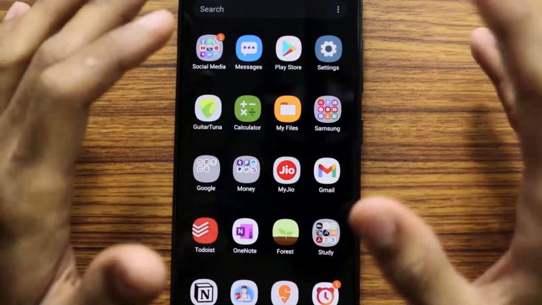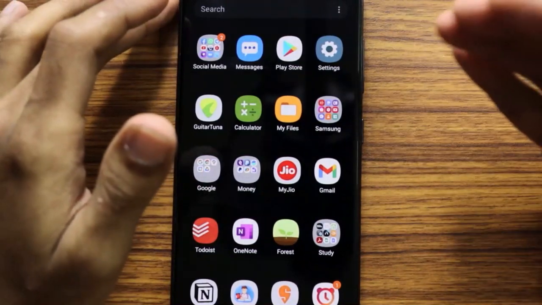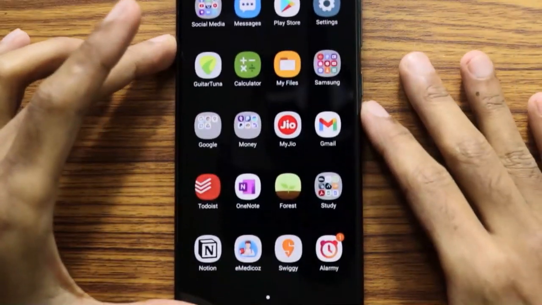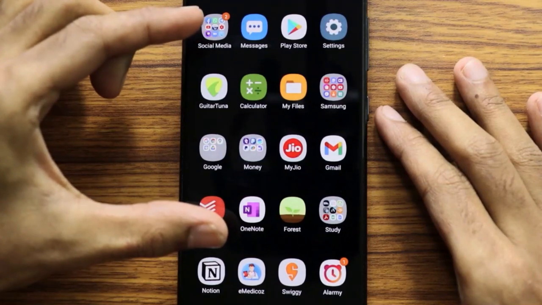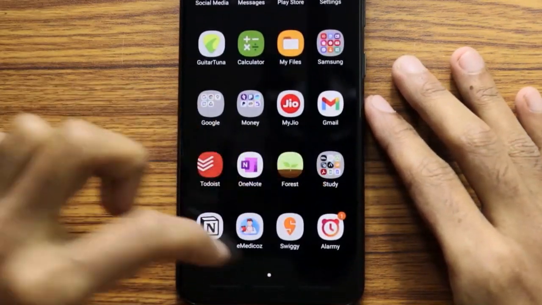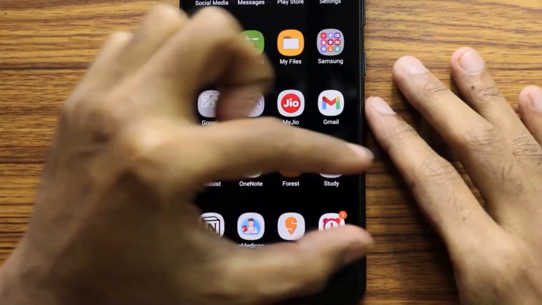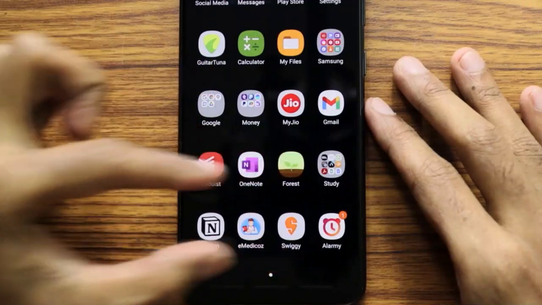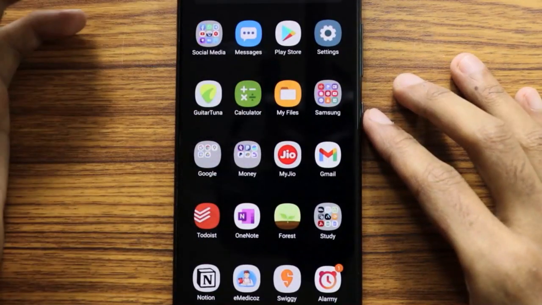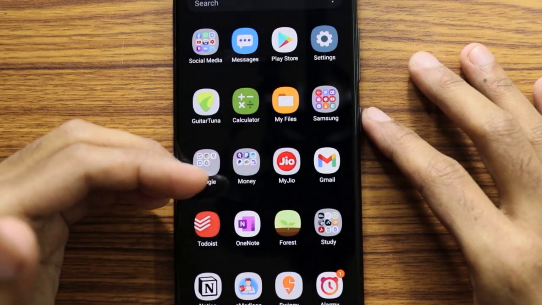These are apps I could have put inside a particular folder, but I didn't choose to do that. That's because if this part of the screen shrinks down and comes here, then the problem is that these apps will not be available in the lower half. It will be shifted up too. But I want my important apps to be on the lowermost part of the screen. So therefore, I need to make sure that there is a lot of garbage here so that I can just push my important apps downwards.